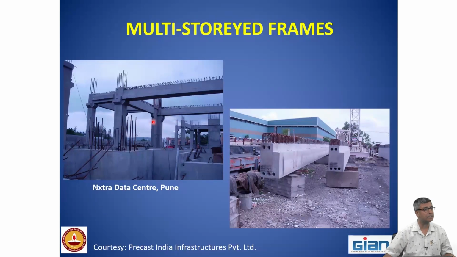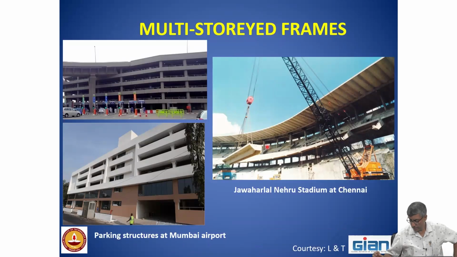Now, these are new age type of buildings where you need huge space for all the equipments related with data storage. And here also they have gone for, see, these are the beams through which they will pass bars and they will introduce continuity. That means originally they are like simple members, they are supporting it on corbels, but then they are introducing continuity. Going to stadiums, again yesterday I showed this photograph